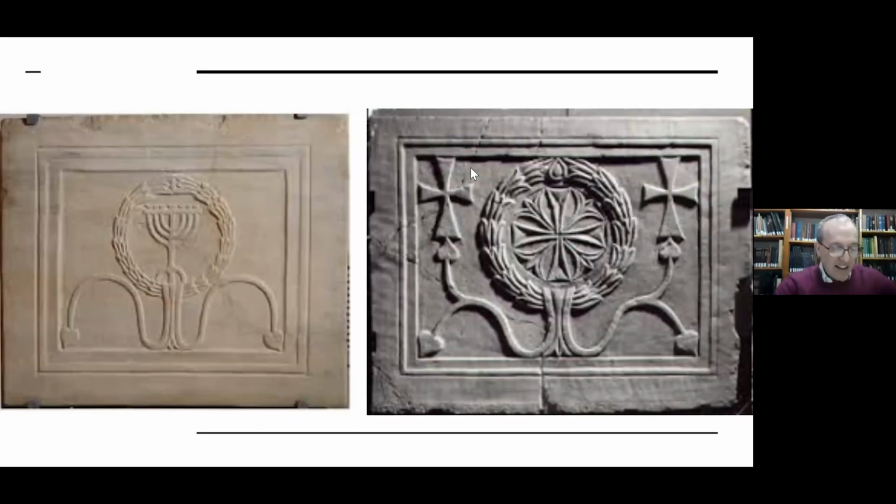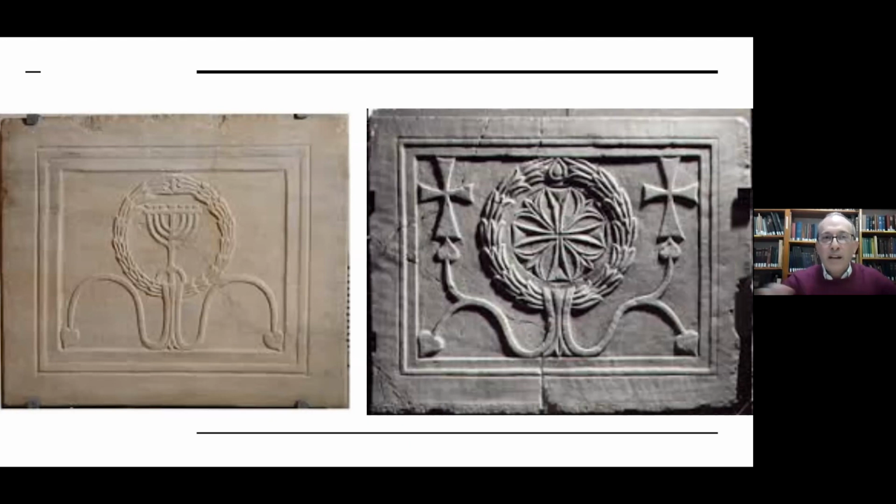Again, let's look at another very, very interesting comparison. Here we have what are called chancel screens, inscriptions in stone, right, that look strikingly similar to each other. The one on the left is from Hamat Gader, right, and there you see a menorah, sort of a wreath design going around the menorah and the vines just below it, which looks exactly like a chancel screen that exists in a church in a place in Israel called Masuot Yitzchak, right? Notice the cross at the center and the crucifixes on either side, right?